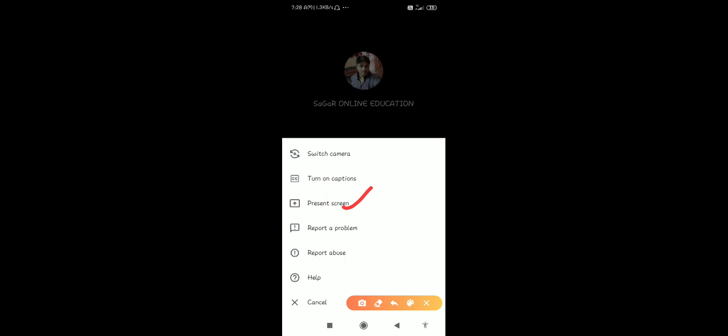If you start presenting the screen, your screen will be automatically presented to all the participants. Okay, just click present screen and you can open your PDF and explain your things. Okay, this is the briefing about this. The main disadvantage of this Google Meet is that if any of the participants also clicks present screen, your present screen is disabled. This is the main disadvantage.